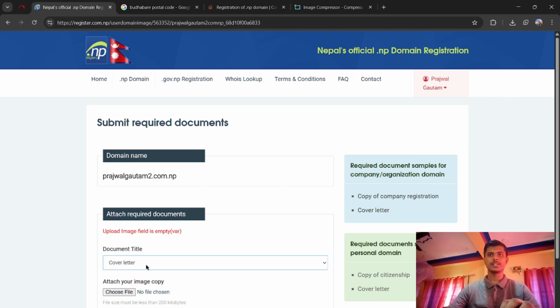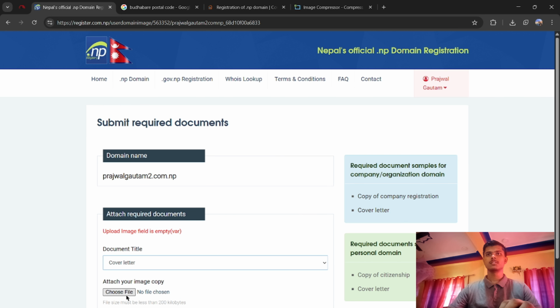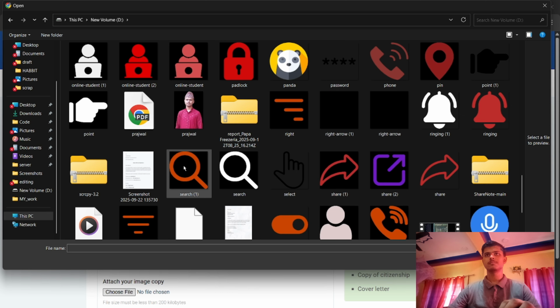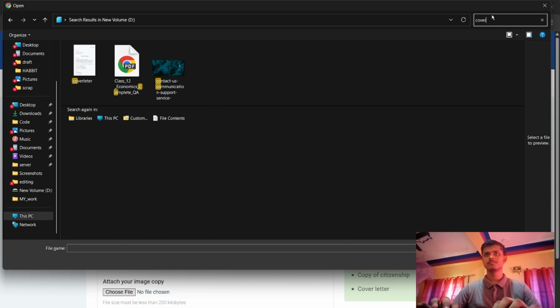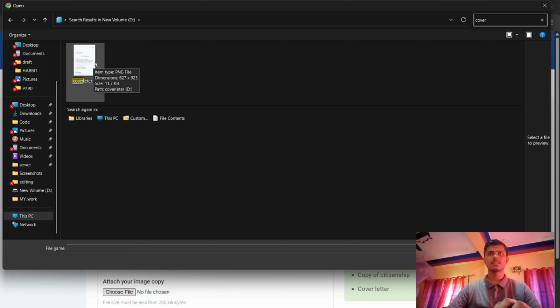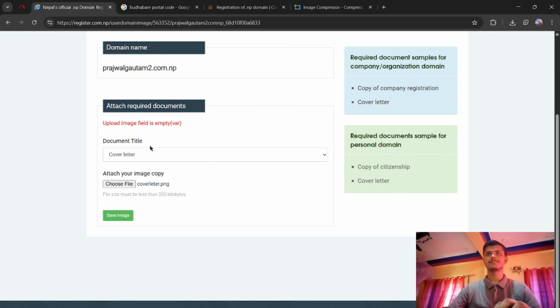So once you are done with the rename of the cover letter, you just select here cover letter, and hit the choose file. So just hit open, then just save image,